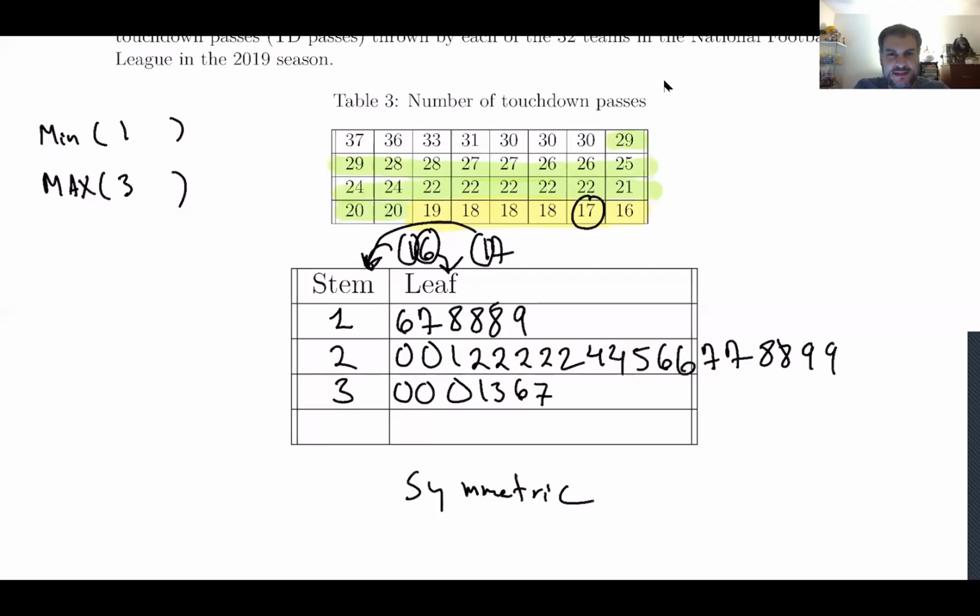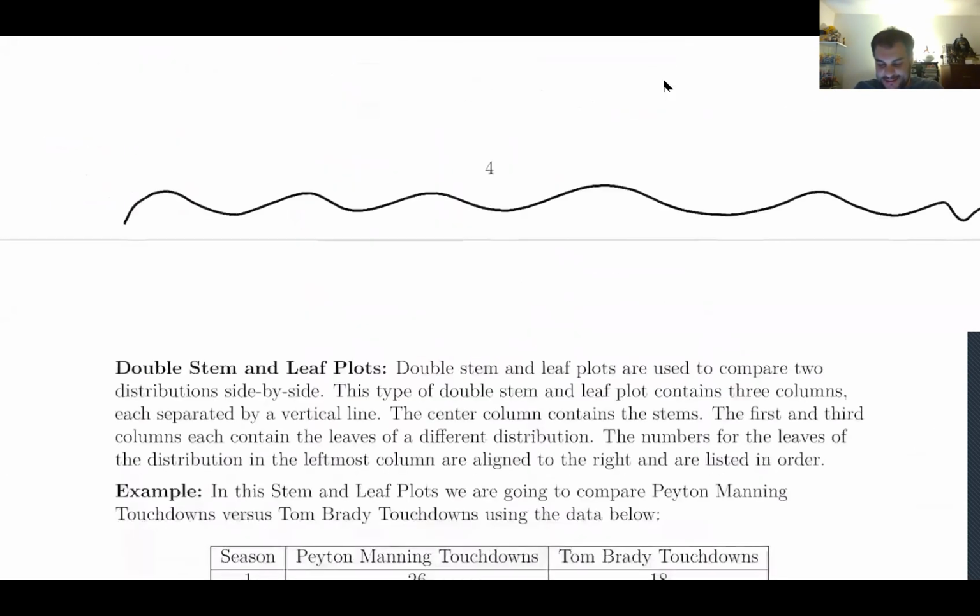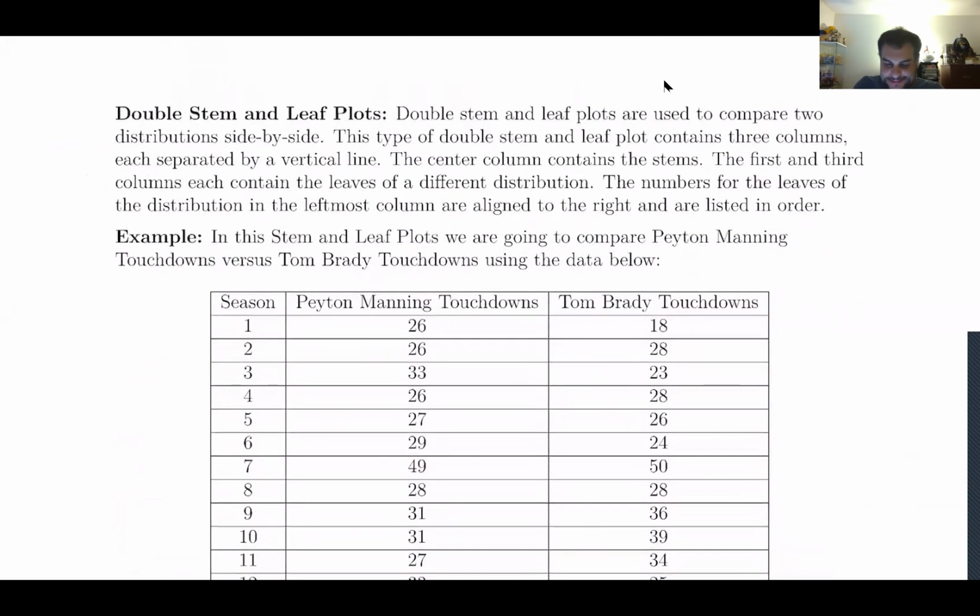If you remember for chapter 2, we left off doing a stem and leaf plot. We're going to continue with a stem and leaf plot. The only thing different for this one is that we're going to do a double stem and leaf plot, because we want to compare one population to another population. So right now we're going to work on a double stem and leaf plot.